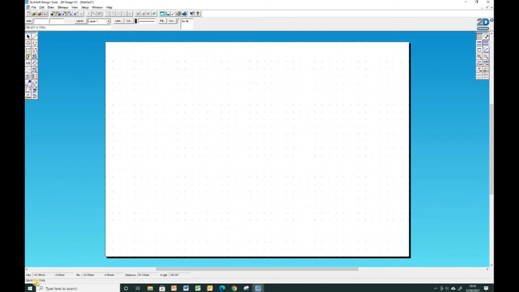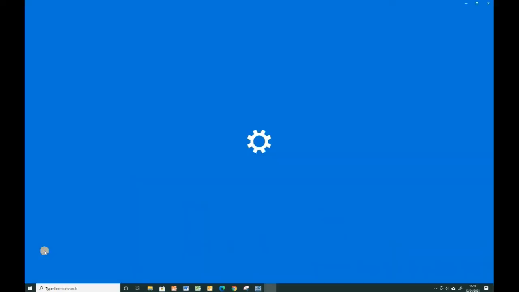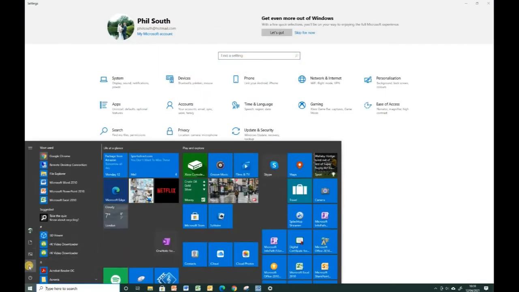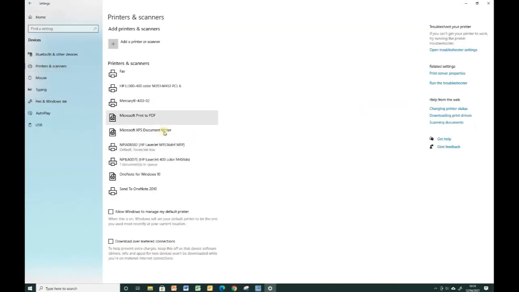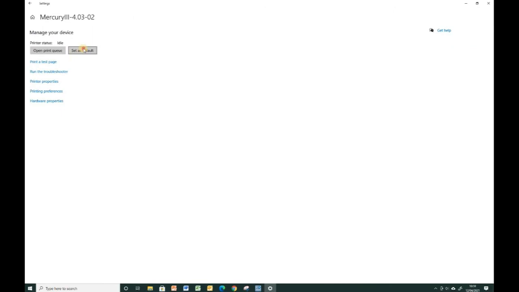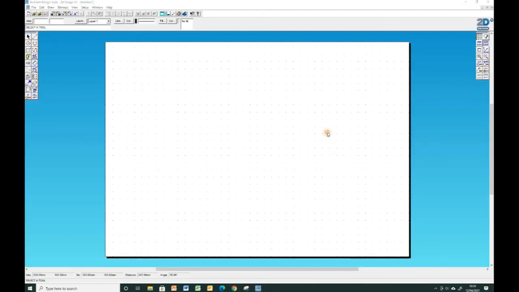Okay, so having installed the driver, what I can do is now I need to set that as my default device. So I'm going into settings, that start menu there, into the settings section, devices, and if I go here to printers and scanners, you'll see now I've got an option for a Mercury 3 just there. So I'm going to manage that. I'm going to set it as my default device, and then I can close that window down. I can change that back later, it's really easy to do, but if I now go to drawing layout,